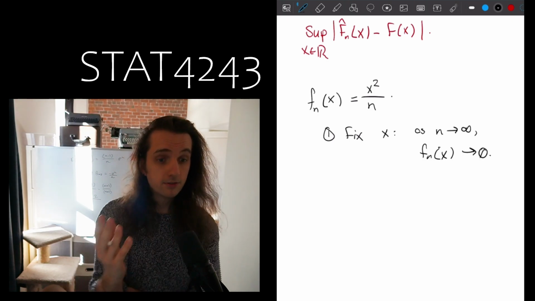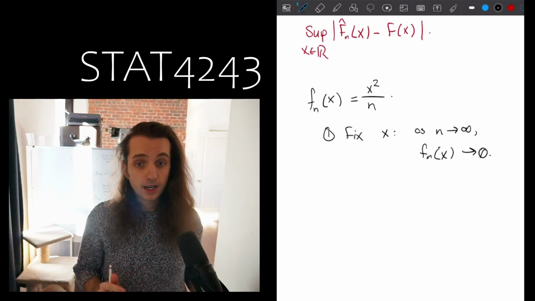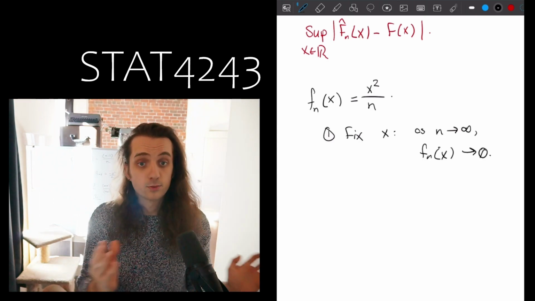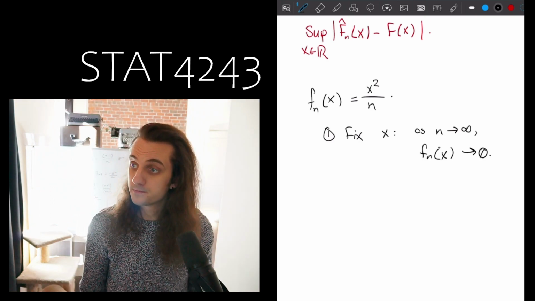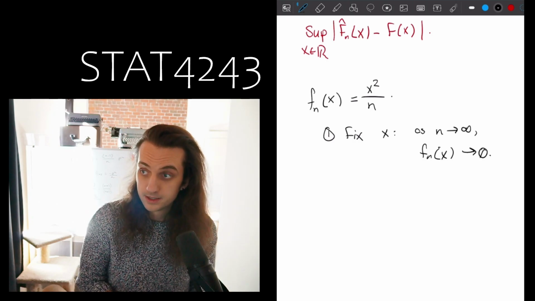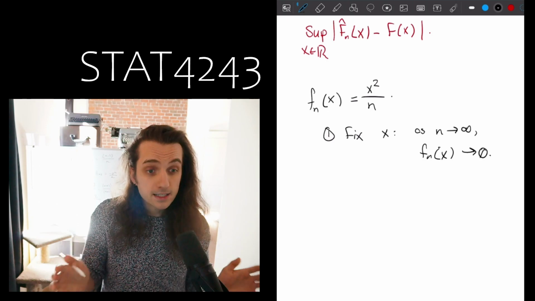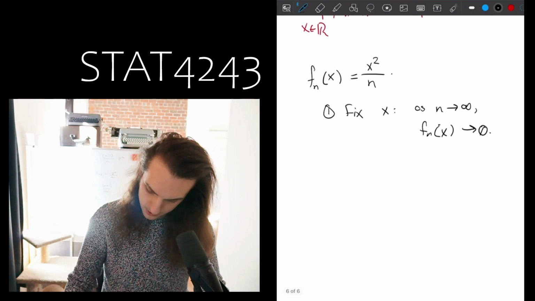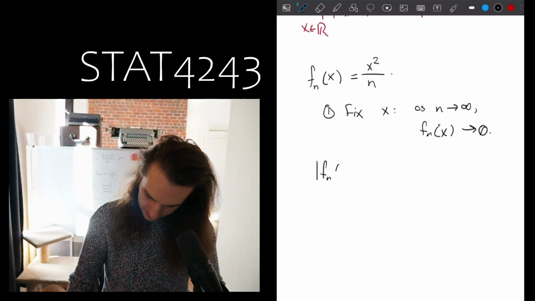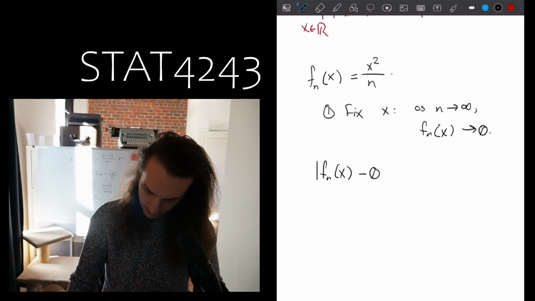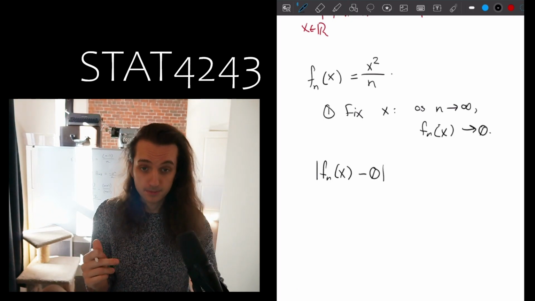So if you're taking any specific value of x, then this will always tend towards 0. However, if you think about taking the maximum difference between f_n(x) and 0, which is the thing we're saying it's going to converge to,